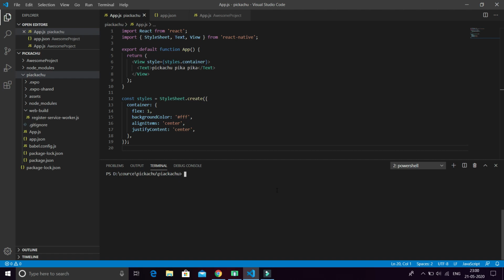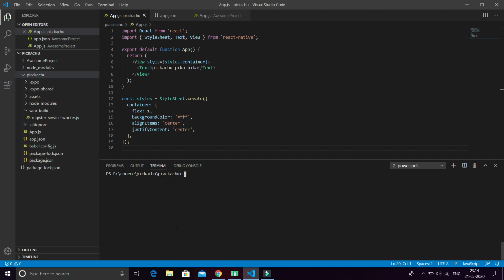Please do not skip any command, because if you skip any one, the work will not be done. npm install react-navigation and hit enter. It will complete in 1 to 2 seconds, and then we have to write another command.